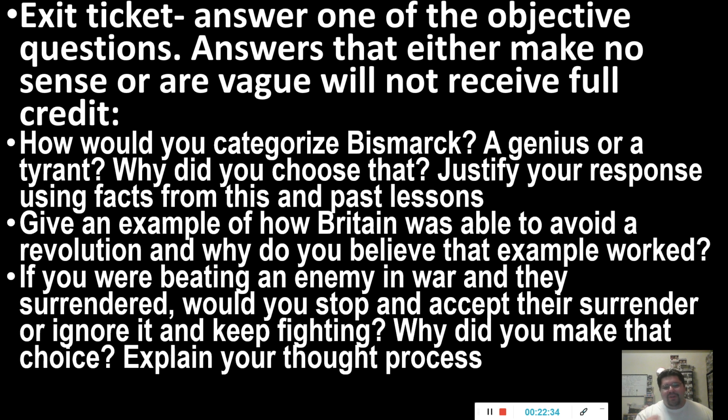The second question says, give an example of how Britain was able to avoid a revolution. And why do you believe that example worked? So if you say something regarding the money and stuff like that, explain how does that work? Give an example. Okay. The last one says, if you were beating an enemy in war and they basically surrendered,